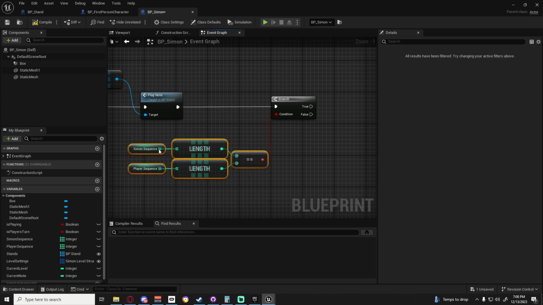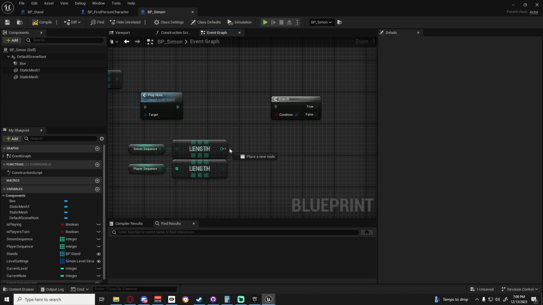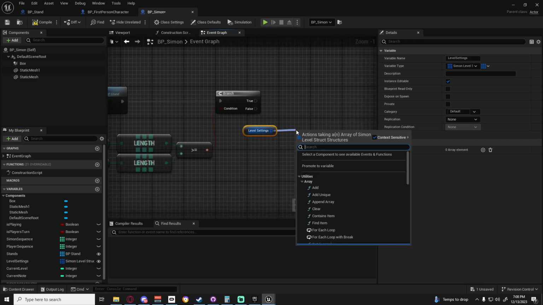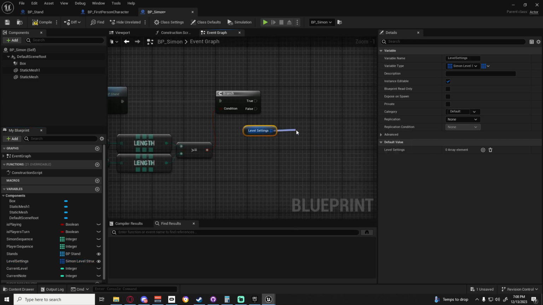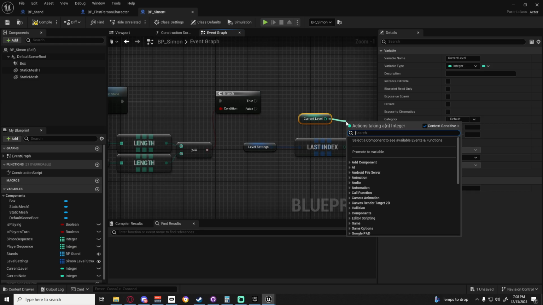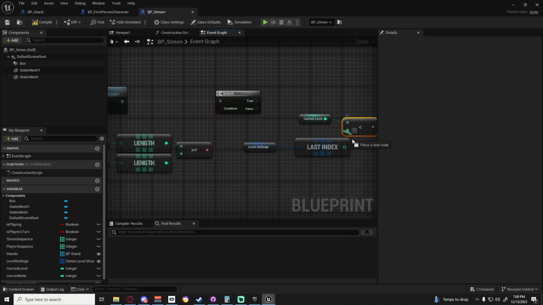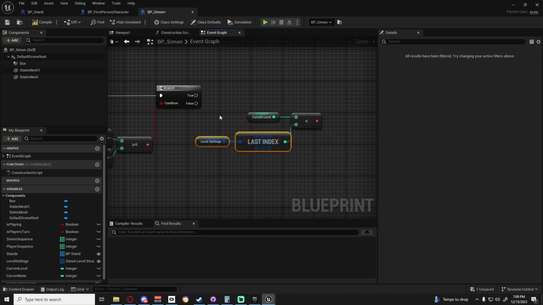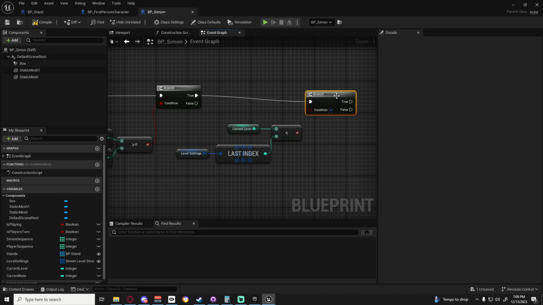If this is equal, or actually since we have that, I'm going to say greater than or equal, just to be on the safe side in case the spam does happen somehow. But if that is equal, then what we can do is get our level settings. We can get the last index of this. We can get our current level, and see if the current level is less than the last index of our settings, then